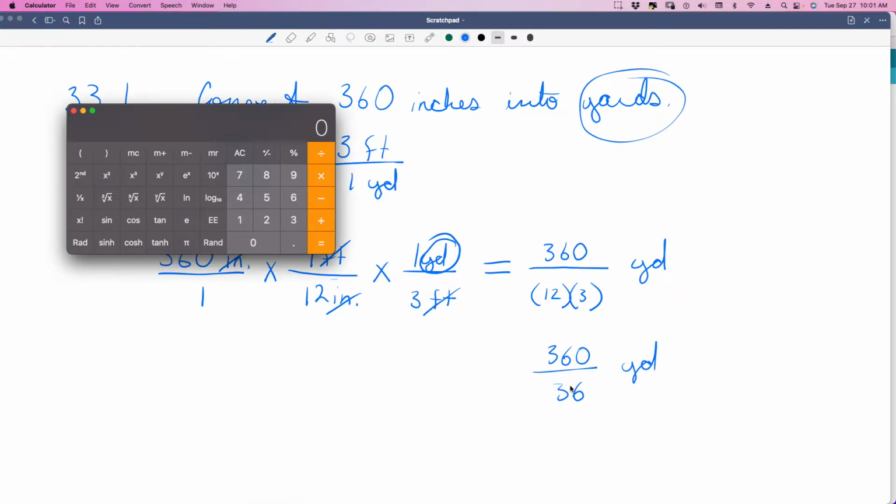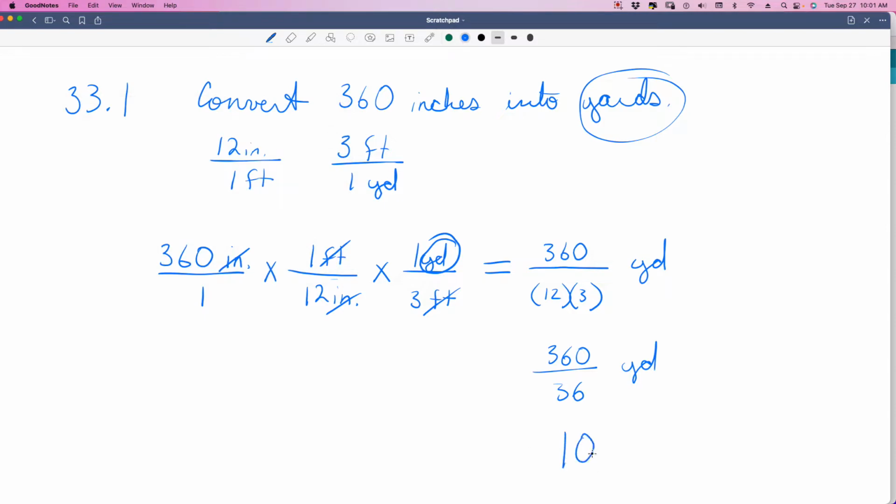We know that 360 is just 36 times 10. You can check it and make sure 360 divided by 36, we know that's just 10. That's 10. So if your answer is a whole number like this, you may type that in. And what I will do is I will give you the option to type in that